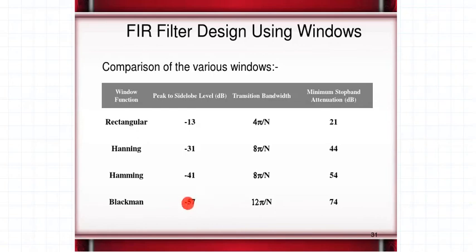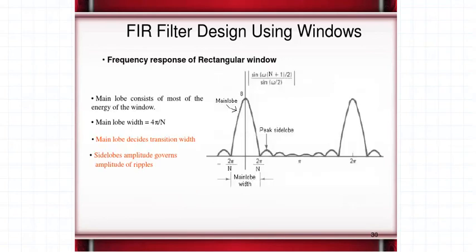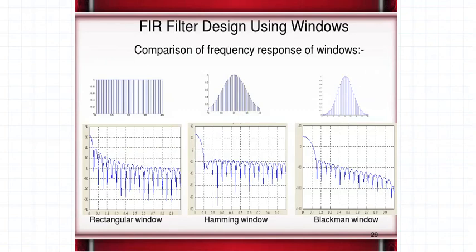But when the strength of the side lobe level goes down, where is the energy of those side lobes going, friends? There is one correlation here. When the side lobe energy reduces, where does that energy go? We know the law of conservation of energy: energy can neither be created nor destroyed, it just transforms from one form to another. So in the Hanning and Blackman windows, the energy in the side lobes is minimum. Then where has this energy gone?